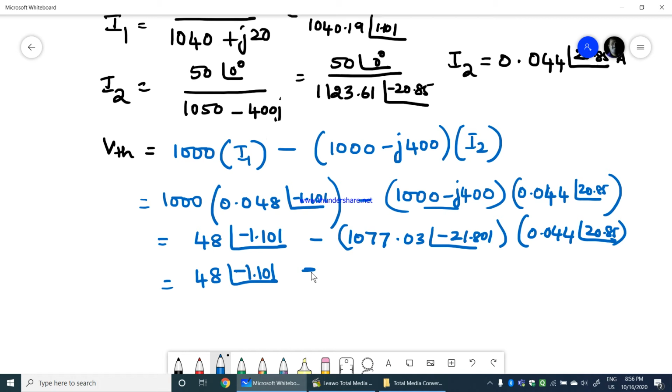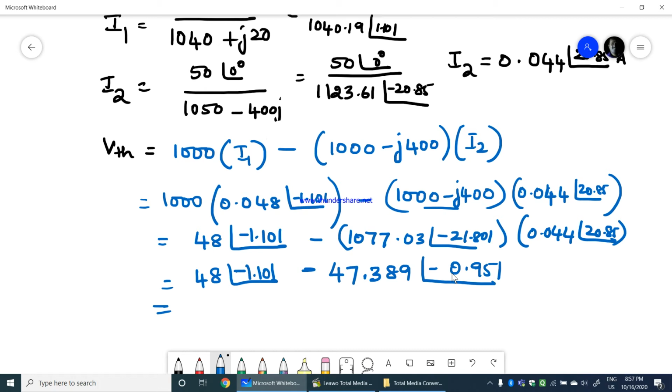1077.03 multiplied by 0.044. I get 47.389 at an angle, this 20.85 minus 21.801, 20.85 minus 21.801, I'll get minus 0.951. So this would be equal to, I can't subtract the polar terms, again I will convert into